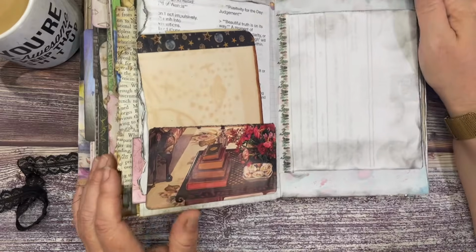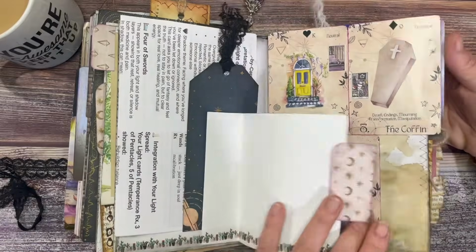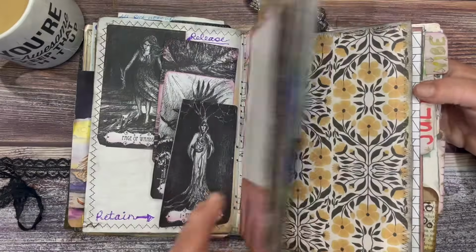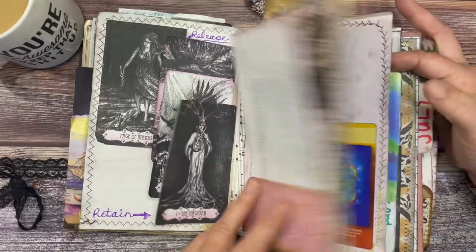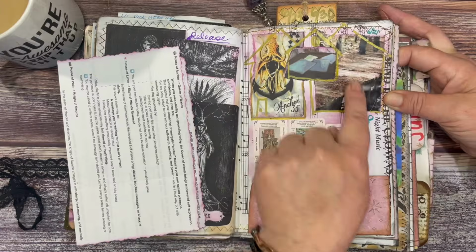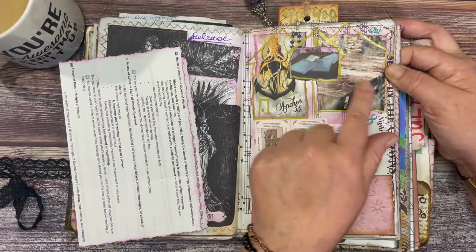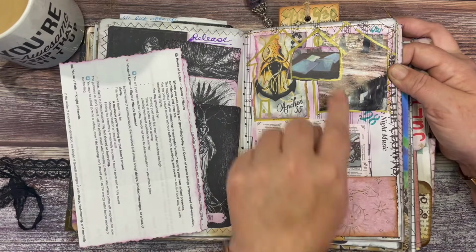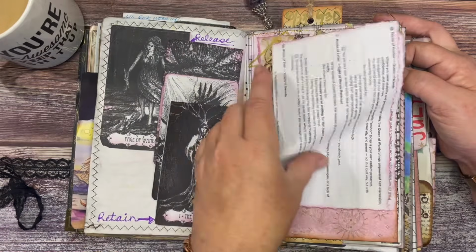okay, so 3 Lenormand cards. Here's what we're gonna do. We're gonna do it like this one. Let me find it. Similar to this one. So we're gonna pull 3 Lenormand cards and they're gonna tell us about our day, but then we're going to use those 3 Lenormand cards as houses, and we're gonna pull 3 more and correlate those into the houses. Okay, so I'll show you a little bit more of what I mean, but